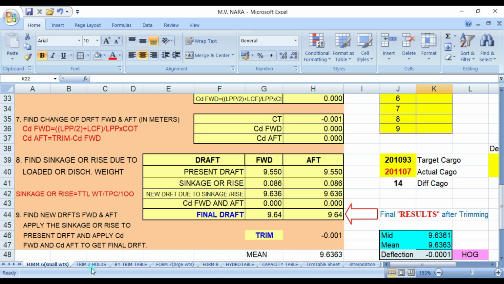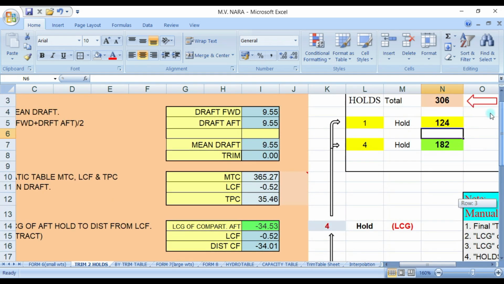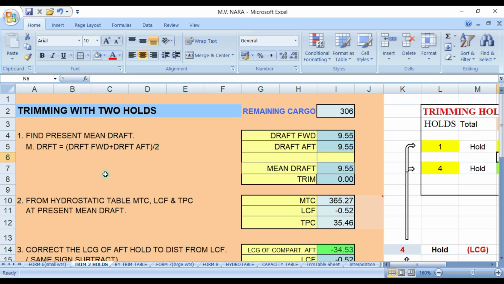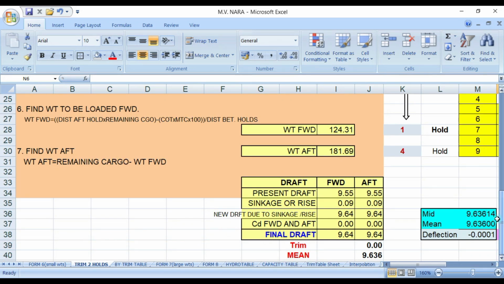But in trim holds you will get the same results. Trim 2 holes, and your final drop will be 9.64 forward, 9.64 aft, and your mean is 9.63. You have a zero deflection and zero trim.